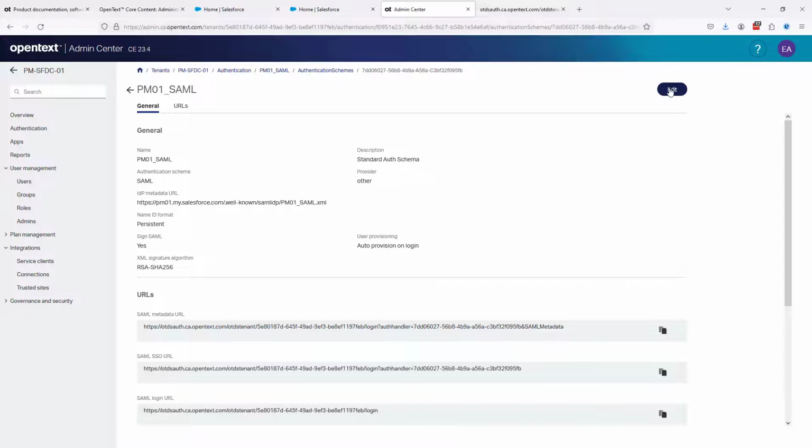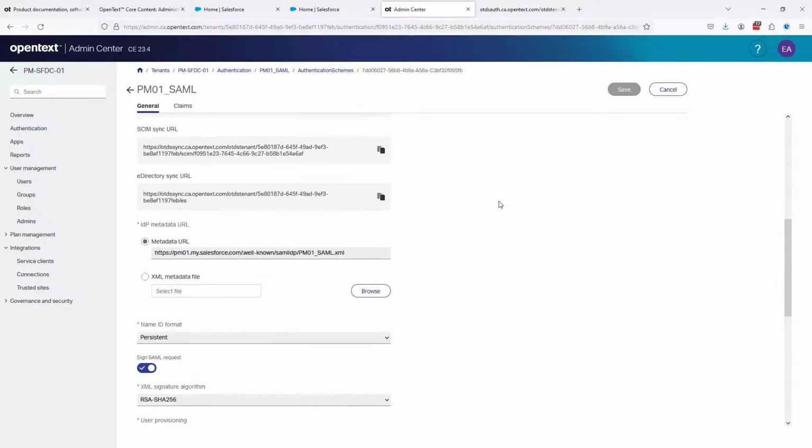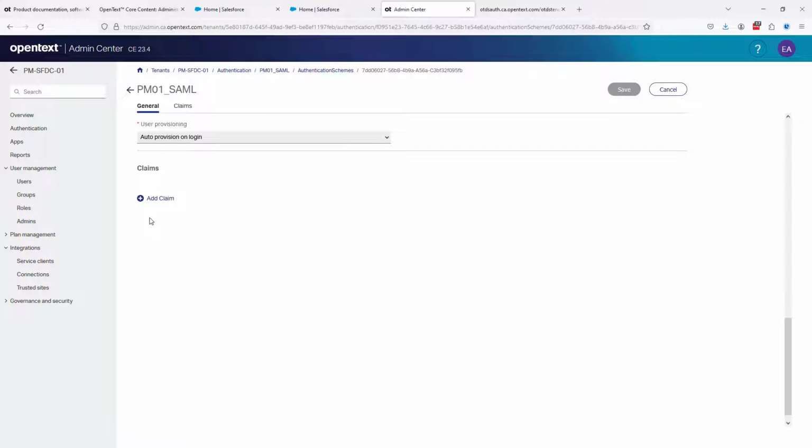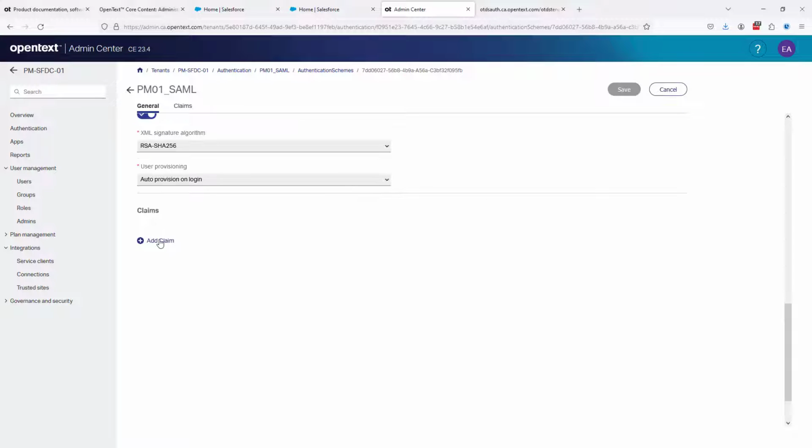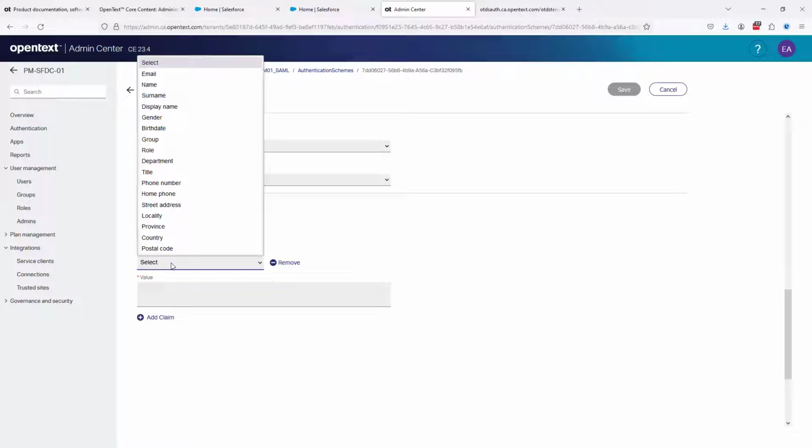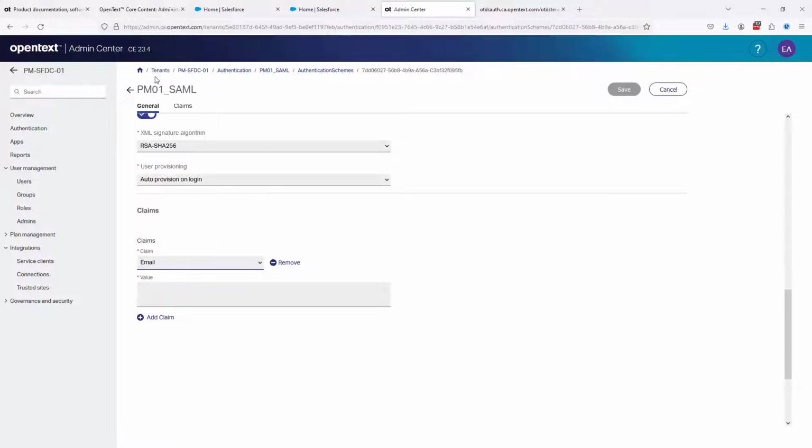Here, let's edit, all the way to the bottom, add claim. Okay, let's add the claim. The first is going to be email. There we go. And the value for email is